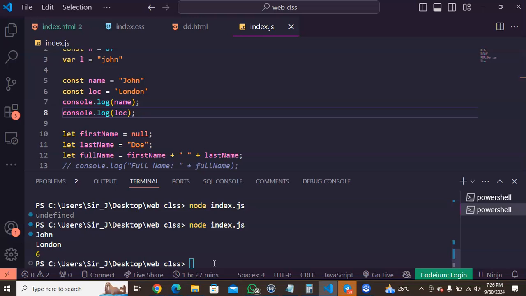Now, we also said that there are certain things that you cannot do with a JavaScript variable. Any variable that you are going to create in JavaScript, you must explicitly